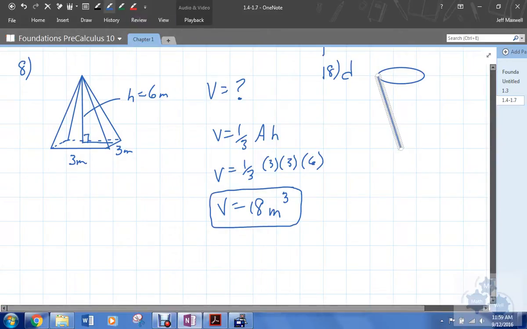Alright, so there's our cone. And let's make this distance right here, actually,